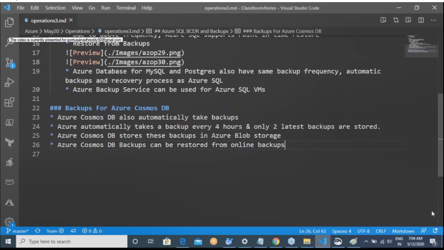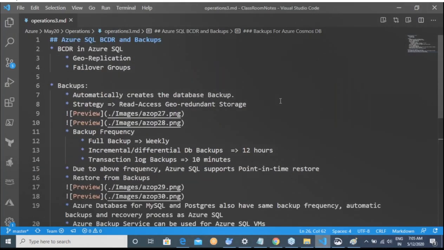But if you want to go one level deeper, for any platform as a service you start using, please refer to what the default backup policy is around it. For the majority of cases, we look at VM backups, SQL Server backups, and Cosmos backup. But you can look into backup for anything that comes down the line in the future in Azure. That is how this whole concept works.